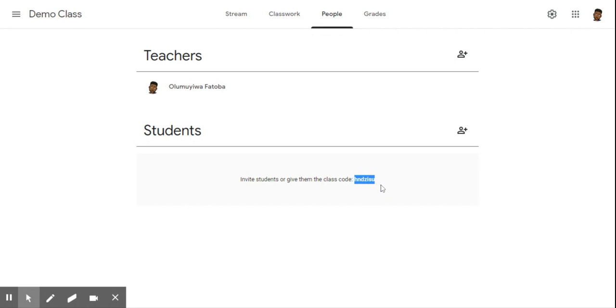Now I have another email where I want to be a student in my class. So I'm going to copy this class code now. I'll highlight and press Ctrl C. So now I'm going to where I am a student. So I'm going to go there. You may not see it. So I'm going to go to that classroom where I'm a student, and I would simply add myself,